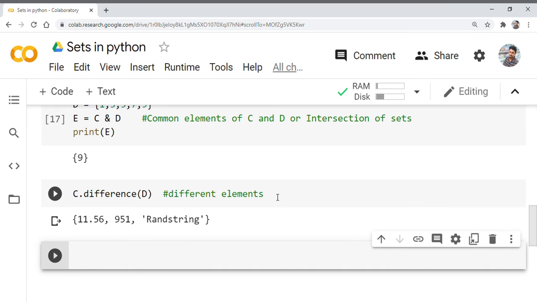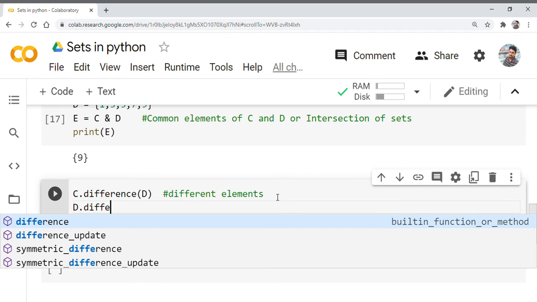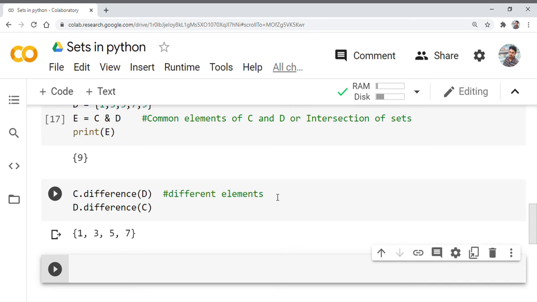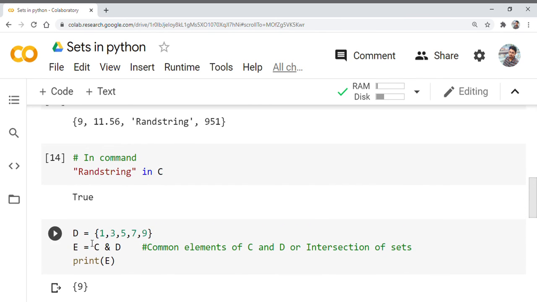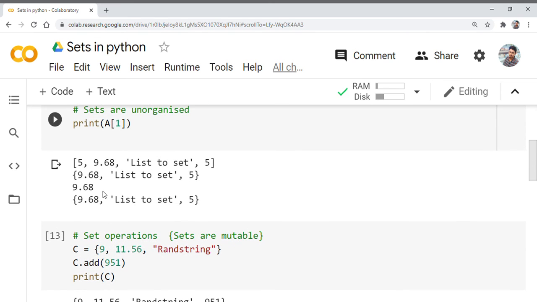Now C dot difference of D means whatever elements are in C and are not present in D. All right, so D dot difference of C will be the different one. D dot difference of C will fetch all those elements which are in set D and are not in set C. Okay, we can see that 1, 3, 5 and 7 are present in set D, but these are not present in set C, right?